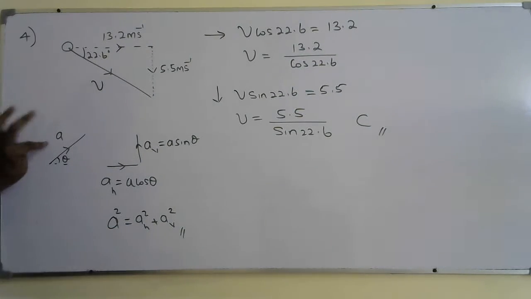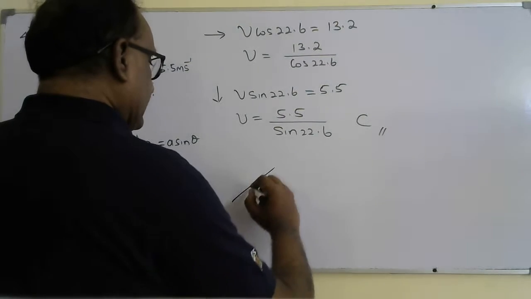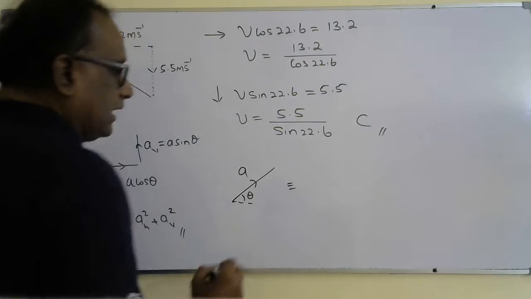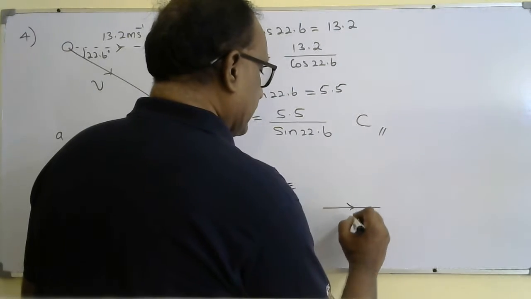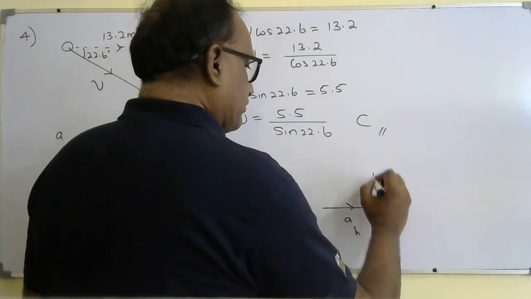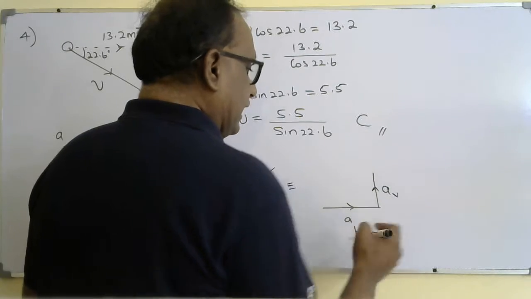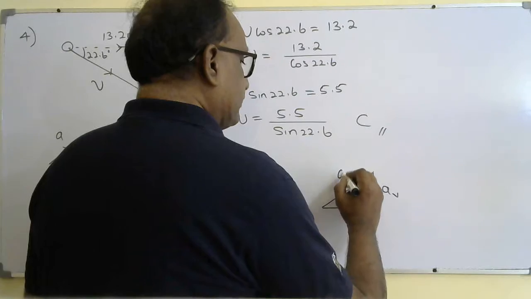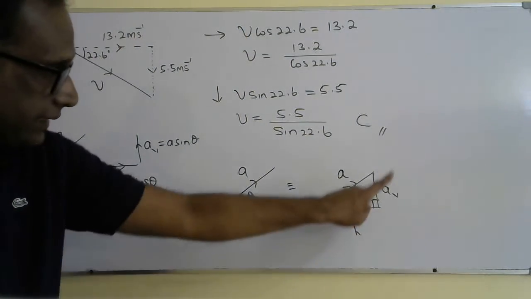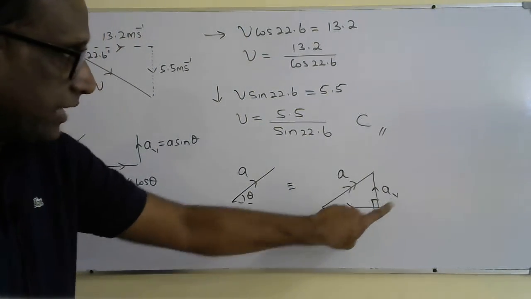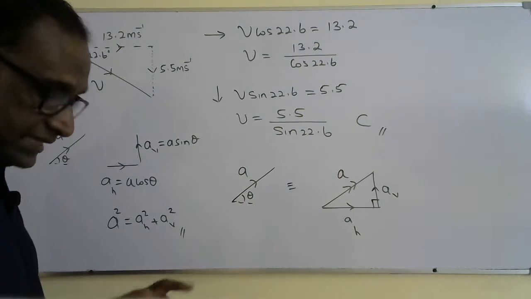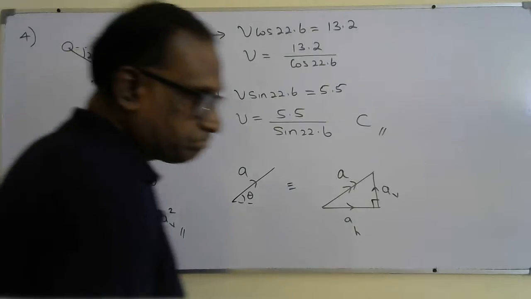Because if there's a vector A at an angle theta, it has a horizontal component AH and a vertical component AB. The resultant of these two must be equal to the actual vector, the given vector A. So when you consider the Pythagoras theorem here, AH squared plus AB squared must be equal to A squared. Okay, so if I use that idea here,